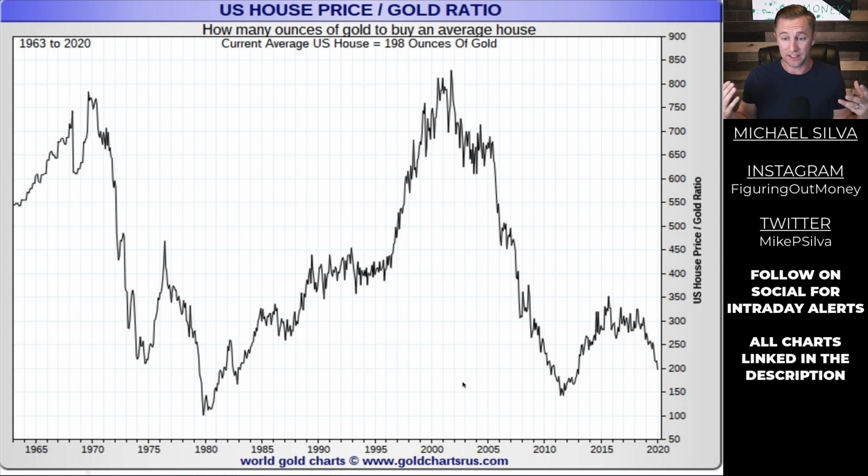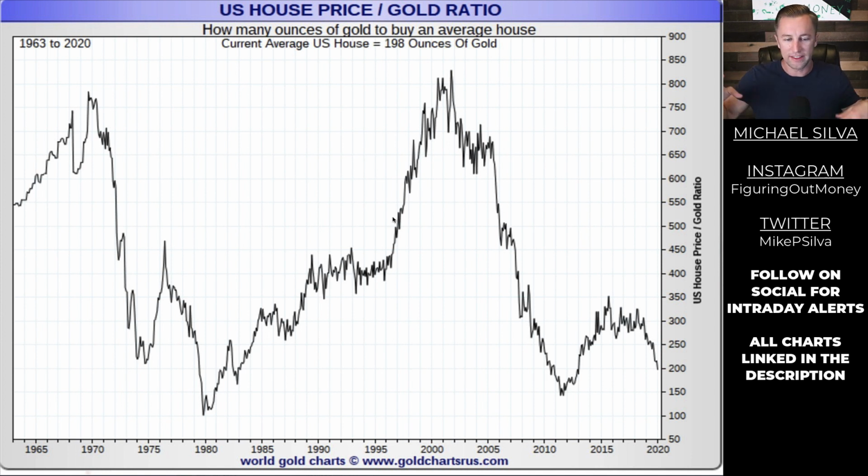But I think the good bet and the good value between buying a house or owning gold to buy more of a house, or owning a house and then saving gold to potentially buy more real estate, would be a very good investment just looking at this. Imagine having enough gold in 2000 to buy a house. But you're like, no, I'm good. I'm just going to hold on to my gold. Well, now with that 800 ounces, you can buy 4 houses. So pretty crazy to look at this and measure it in terms of gold.